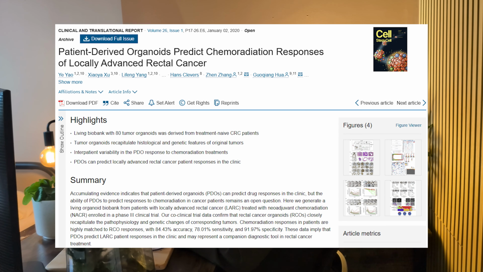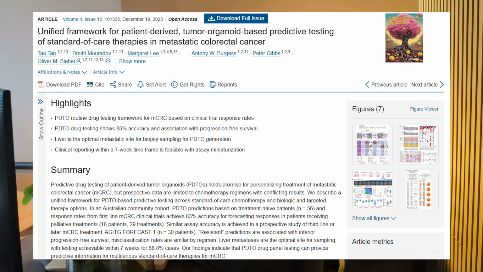A parallel branch tackled radiotherapy, where rectal cancer organoids were embedded into co-clinical trial designs and shown to predict chemoradiation response with high reported accuracy, a key milestone because radiation response is notoriously hard to forecast from genomics alone. More recently, groups have tried to standardize predictive testing across many therapies, not just one drug class. A unified framework for metastatic colorectal cancer expanded organoid testing to chemotherapy, biologics, and targeted therapies, and explicitly framed feasibility